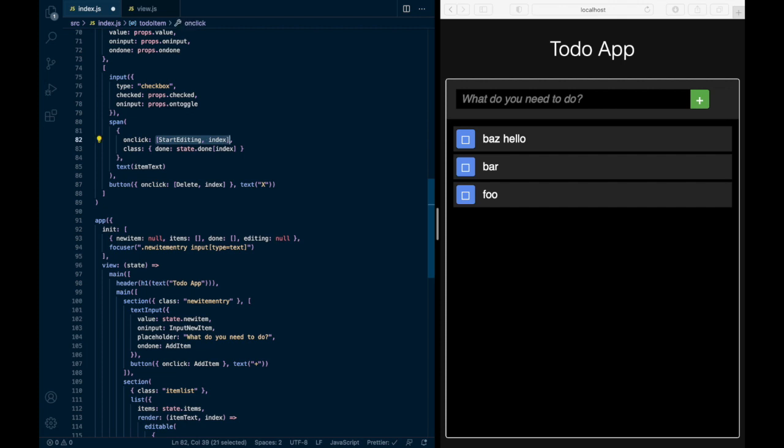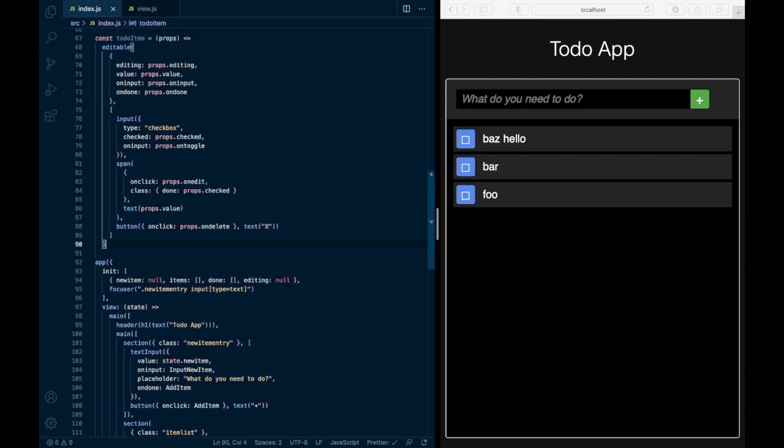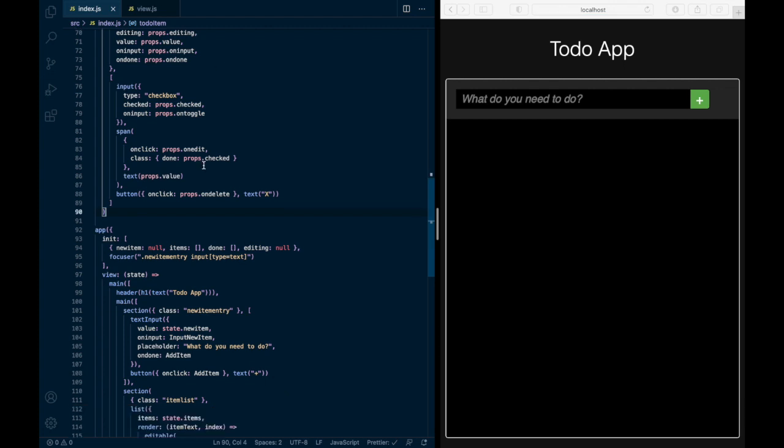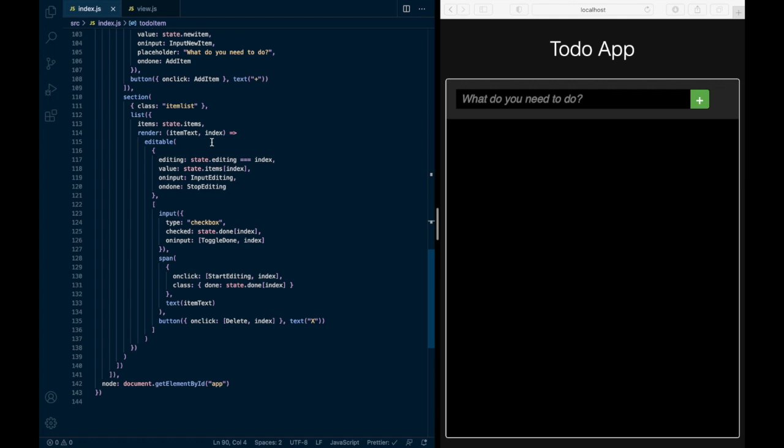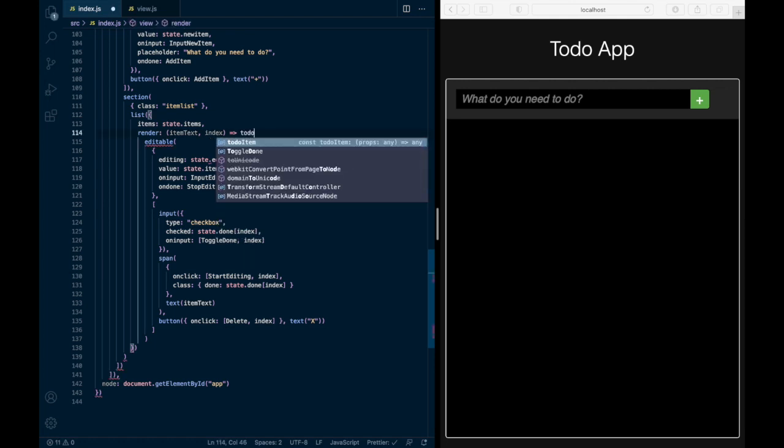Let's call this one props on edit. And guess what? We can reuse props checked here too, props value, and here's a new one, props on delete. This way, to-do item doesn't need to know anything about the state or the actions. We can pass all that to it as props. This to-do item